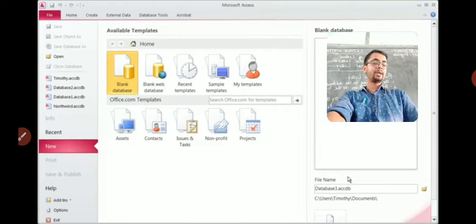So where can we see this application in Microsoft Office? When we open Microsoft Office 2010, inside there we can see MS Access 2010, and after opening it, we have to create our database system, and then we can record our data. So this is your first introduction class only. In the next videos we will go through lab activity.